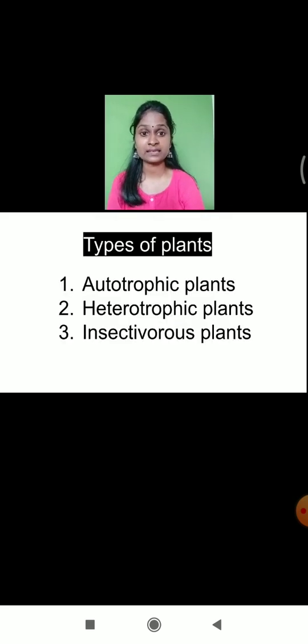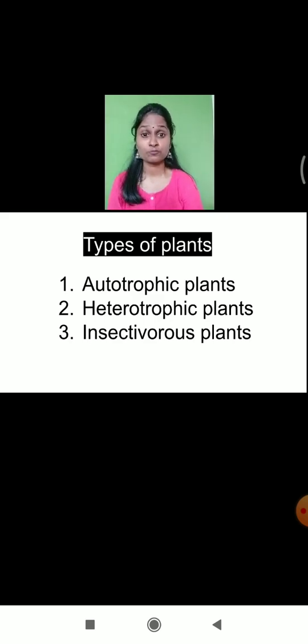And one more thing we had learned in the last lecture, according to the diversity concept, there are 3 types of the plant which are found around us. Which are they? You can see here: autotrophic plants, heterotrophic plants and insectivorous plants. Can you repeat the definition with me? What do you mean by autotrophic plants? The plants which can prepare their own food with the help of photosynthesis, they are called as autotrophic plants.